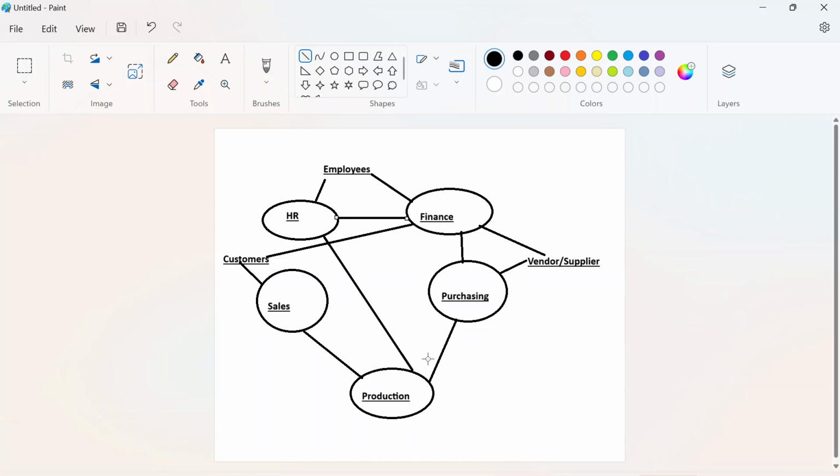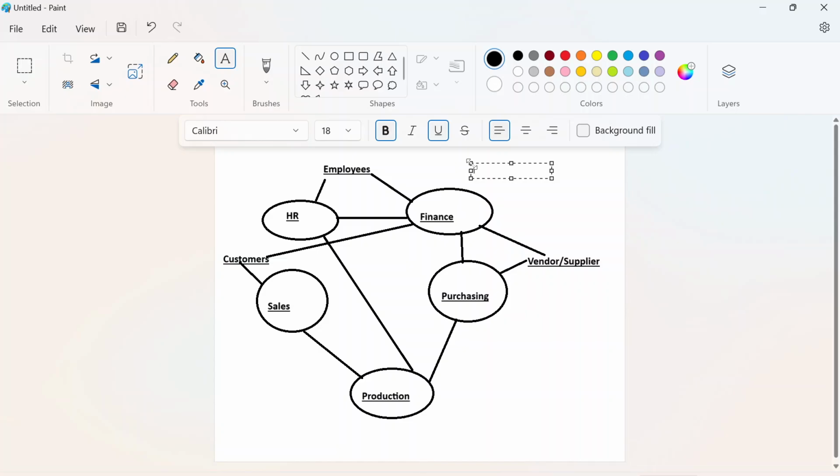It will take time to complete all this integration if you take a manual process. So that's why by using SAP or ERP or any other ERP, if you are using enterprise resource planning software, there will be a better integration between all these different departments. And also ERP provides